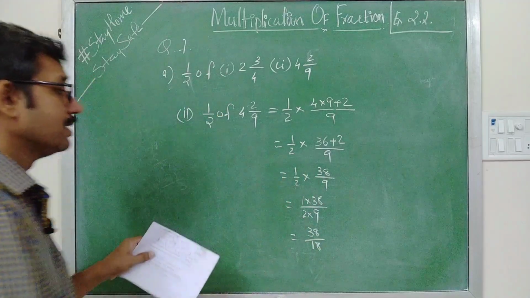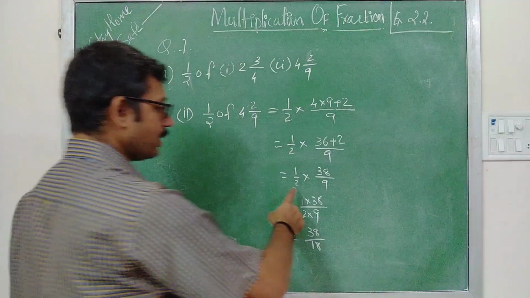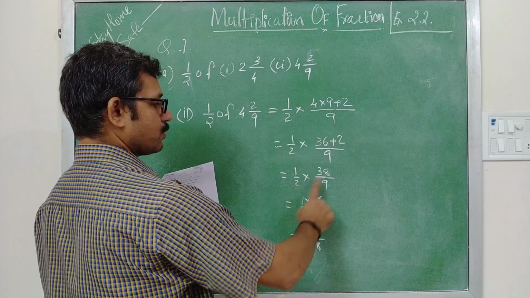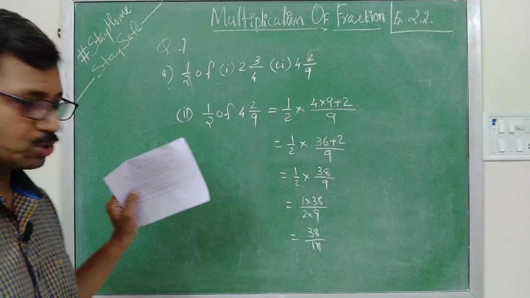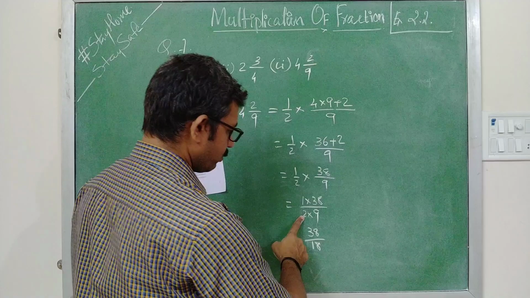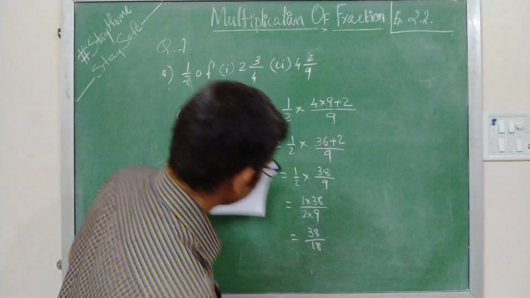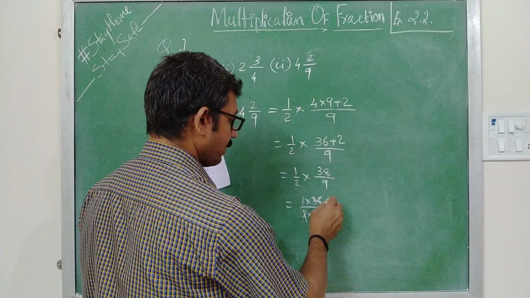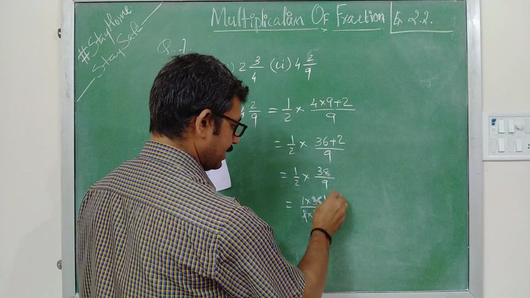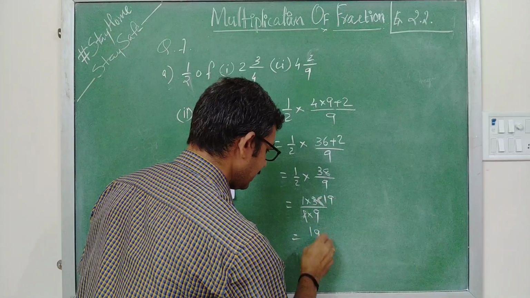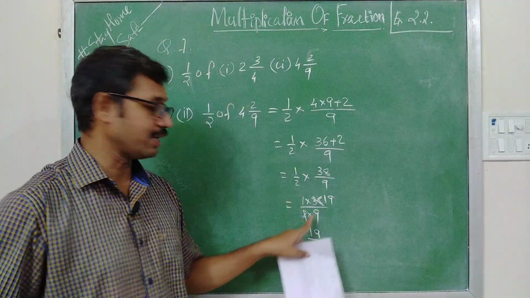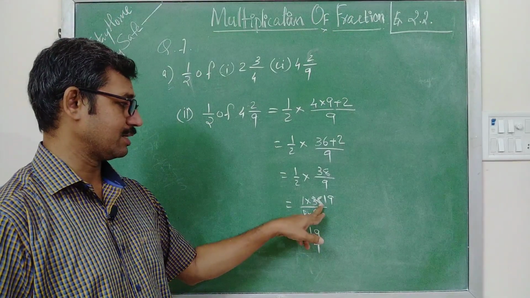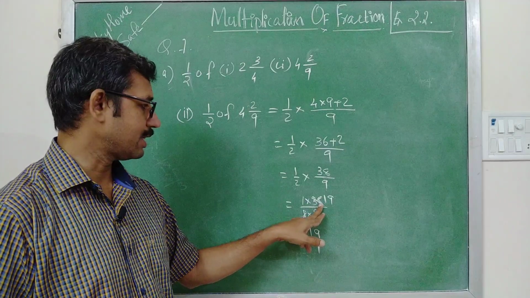Now again see, one more thing. Here only, if you want, you can cancel it like this. 2 and 38, is it possible to cancel? Yes, you can cancel it. Otherwise here also you can do, but better we will cancel here instead of getting into it. 2 ones are 2, and 19. So you can write this as 19 upon 9. This cancellation is very important. In 2's table, we are dividing 38 by 2, so that is 19 we are getting.